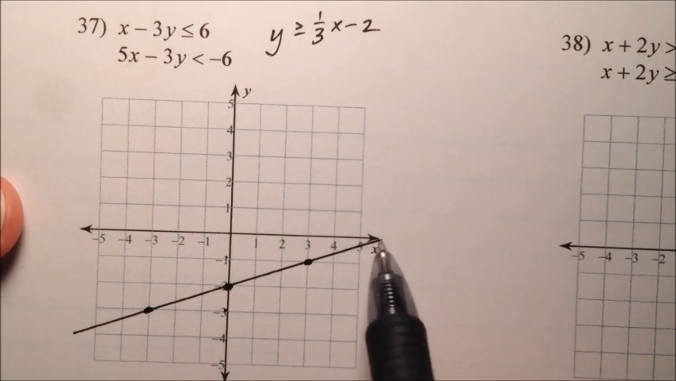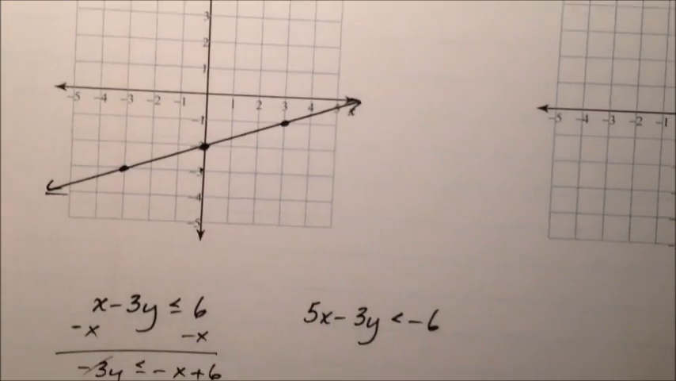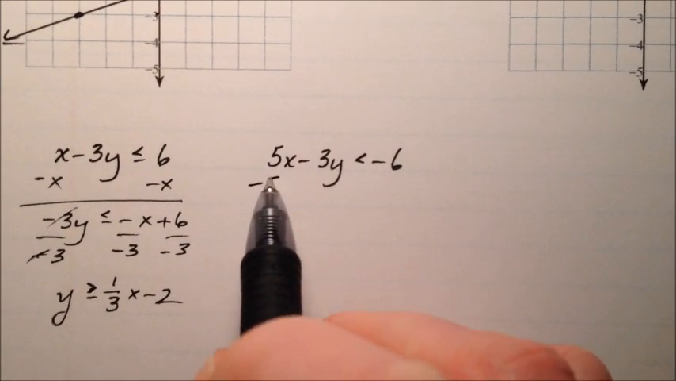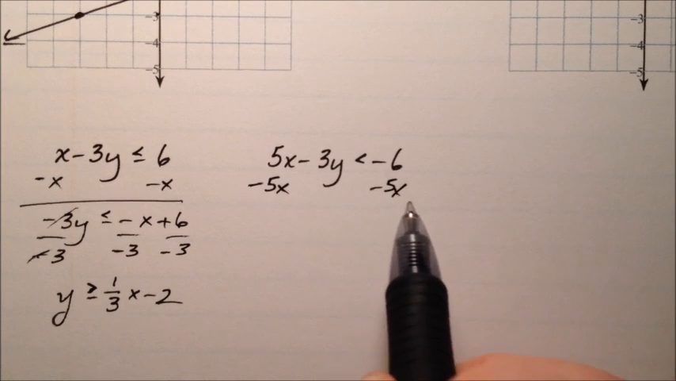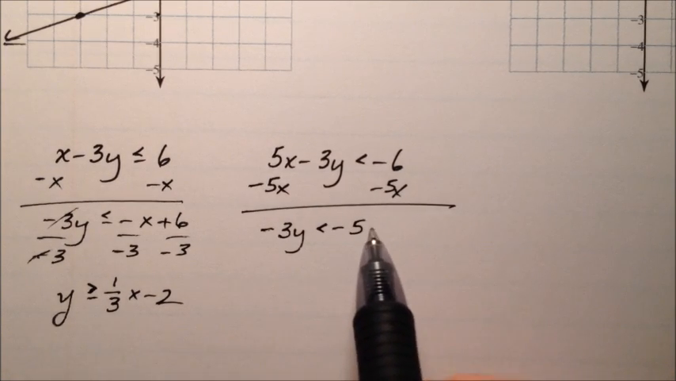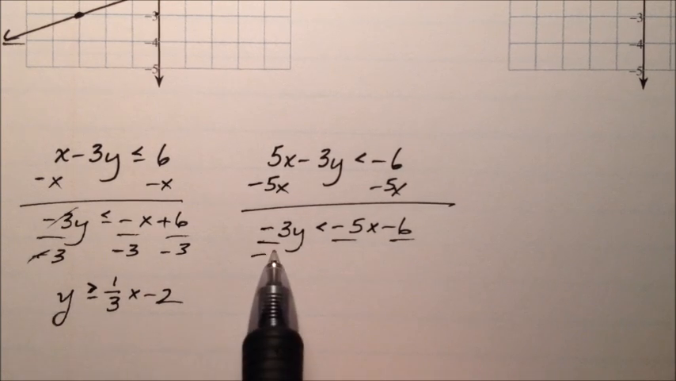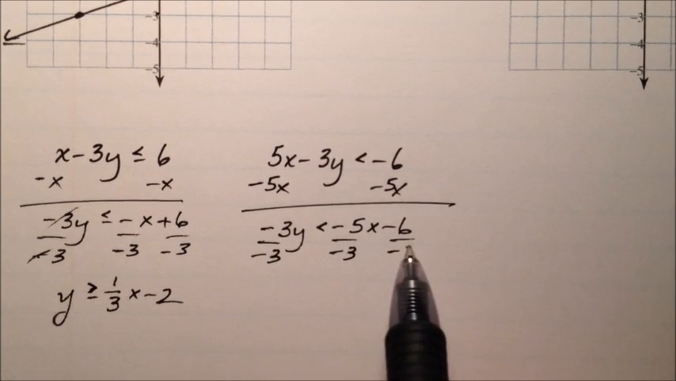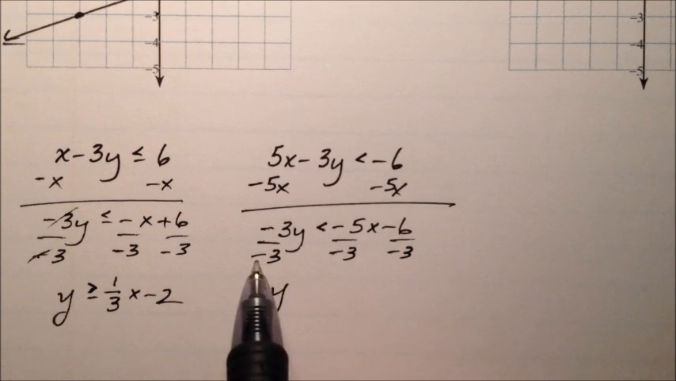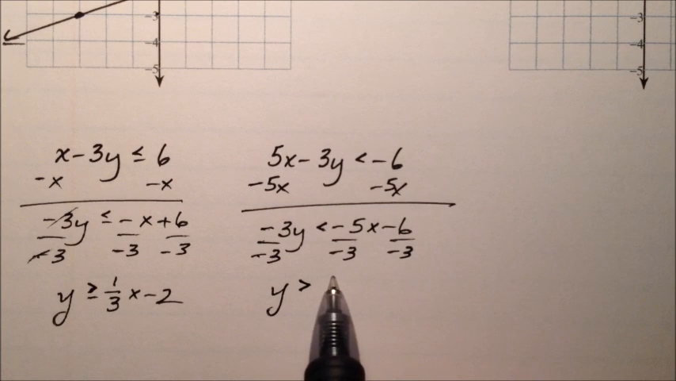There we go. And arrows on both sides. Okay. Let's jump back down here and let's go ahead and finish off the other one. So when we minus 5x from both sides, we'll have negative 3y is less than negative 5x minus 6. And then we'll divide every single term by the negative 3. So it'll be y, and then because we divided by a negative, we'll switch the symbol, and it'll be positive